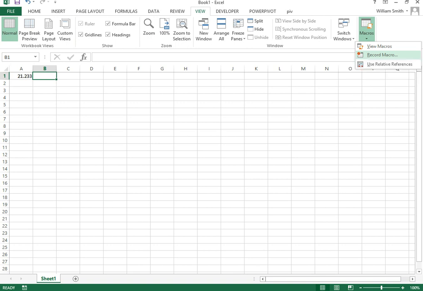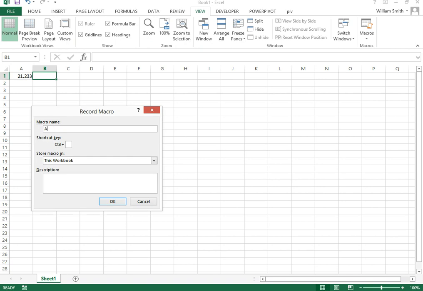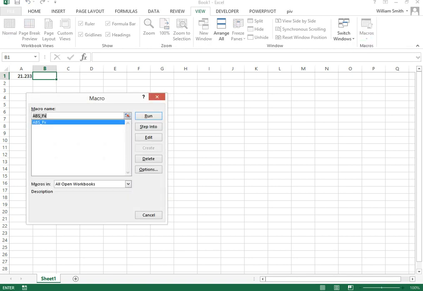So I'm going to click on the record macro button within the macro section of the View tab in Excel 2013. I'm going to call it ABS for absolute value underscore FX for function, and click on OK. I'm going to stop that from running, and then go into the Visual Basic Editor,